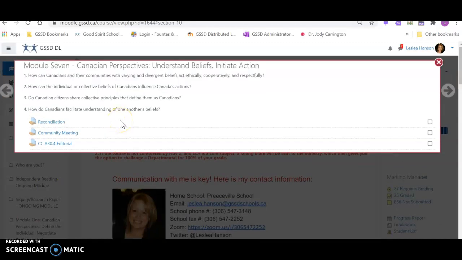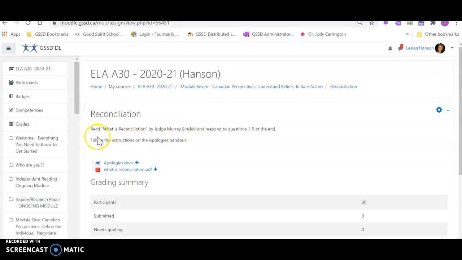Okay, Module 7 talks about Canadian perspectives, understanding beliefs, initiating action. So going to start with an assignment about reconciliation. There is an article here to read. It's actually a speech that Judge Murray Sinclair gave about reconciliation, and asking you to respond to questions 1 to